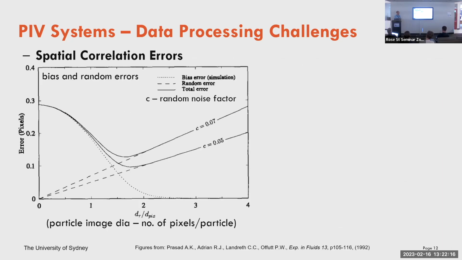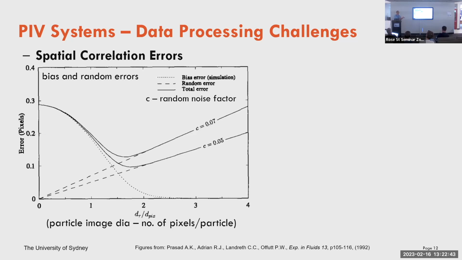And so people were asking, well, what sort of noise factors come in here with the result, particularly when you cross correlate, because you're getting to a very small displacement. You've got no zero peak now, so you can actually correlate images that have very small displacements between the two particle image pairs. And what you find is that if you look at the basic curve, the bias error,